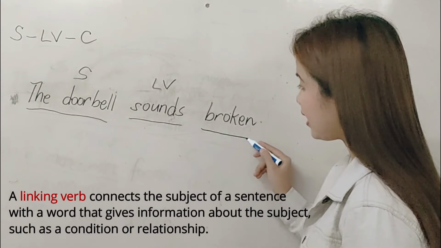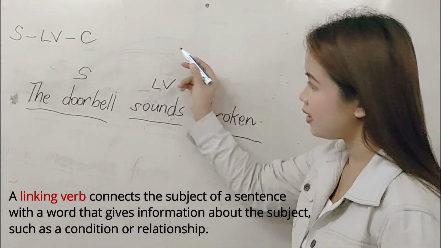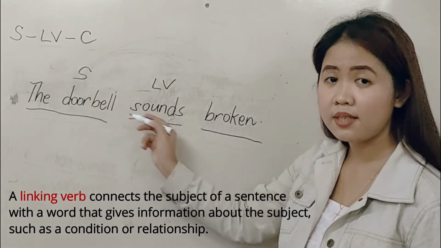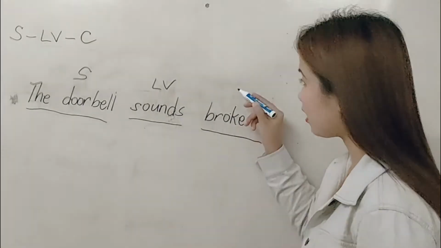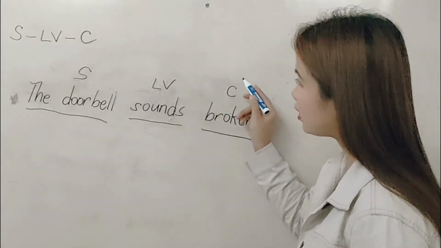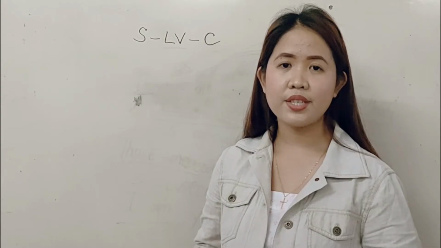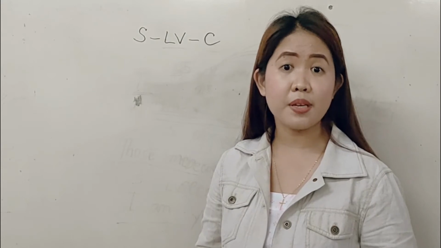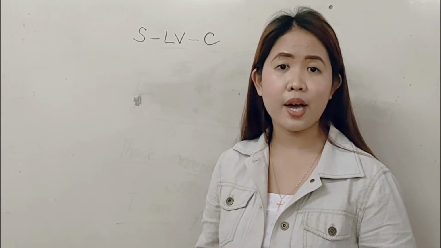Now, the word broken is an adjective. What sounds broken? It's the doorbell. And what can you say about the doorbell? Sounds broken. The word broken is the complement of the subject, the doorbell. So these are the examples of the linking verbs with the be verbs and linking verbs pertaining to the 5